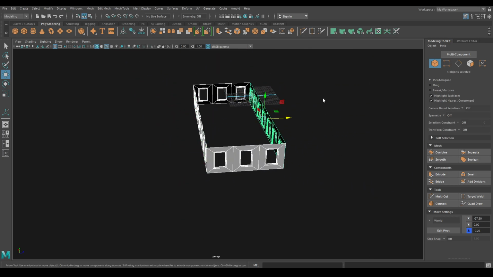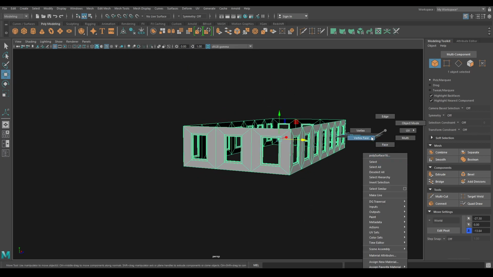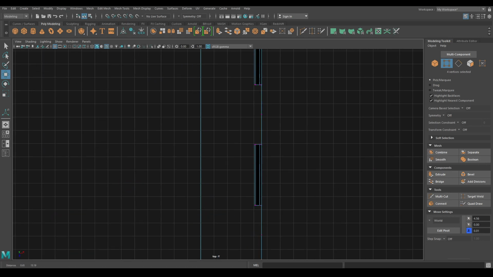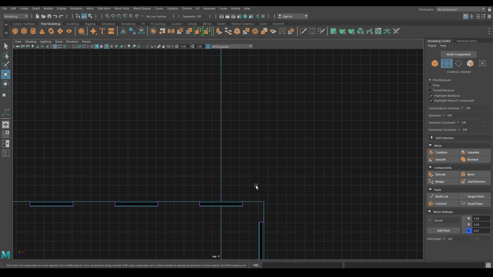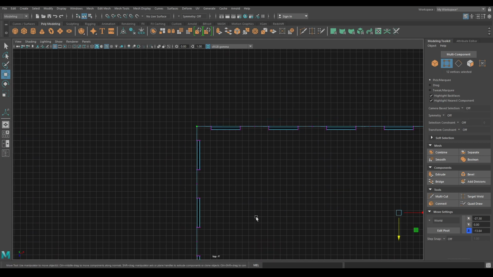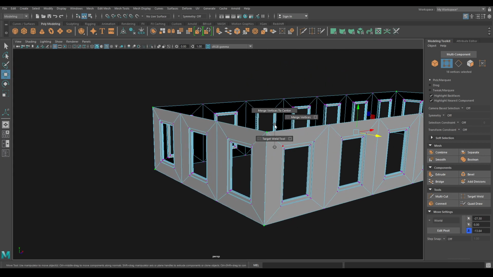Now select all of them, combine, go to vertex mode and top view, select these vertices, and use merge vertices.